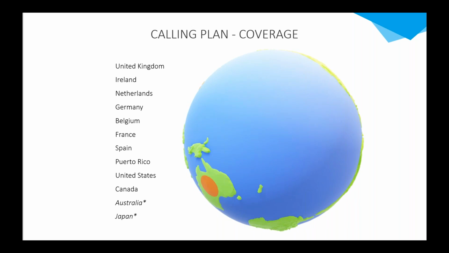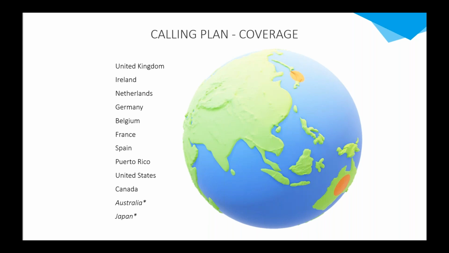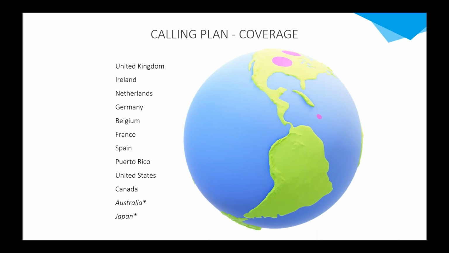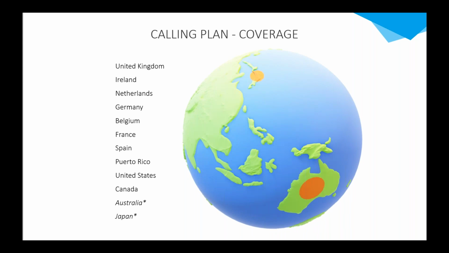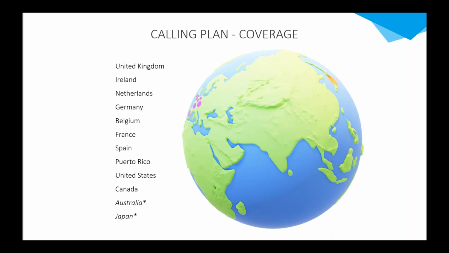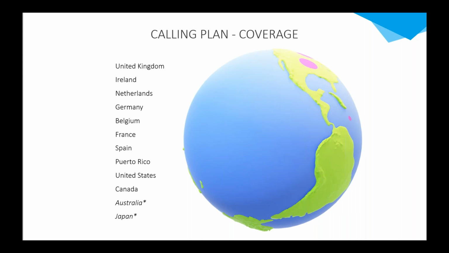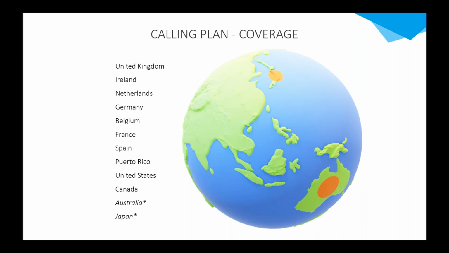Australia and Japan at the bottom of the list there have got little asterisks next to them because that's actually something that Microsoft don't provide directly themselves, but they have relationships with different partners in those regions. So in Australia, it's with Telstra, and in Japan, it's with SoftBank. At the moment, they do have a regional tenant restriction. So Australia, you have to have an Australia tenant to be able to do calling plans